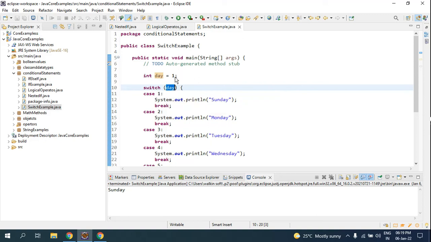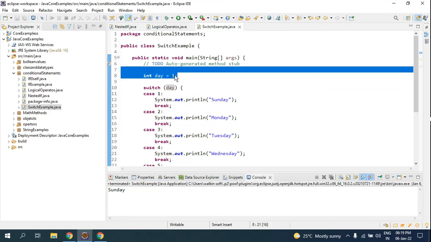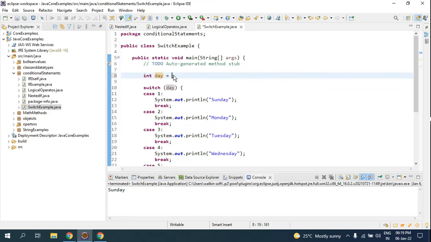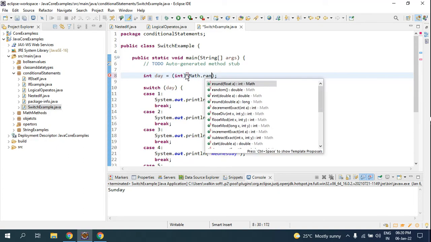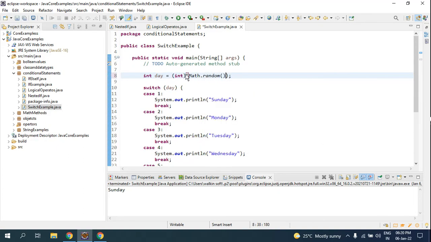So I'll make this a math random, so that the value keeps on changing. First I will do typecasting. I'll change it, because math dot random will come as a float. So as I said, if you want that particular value 7, you have to give 8. If you give 7, you cannot pull out the 7. It will be only up to 6. If you want 7 as a whole number randomly, you have to multiply it by 8.